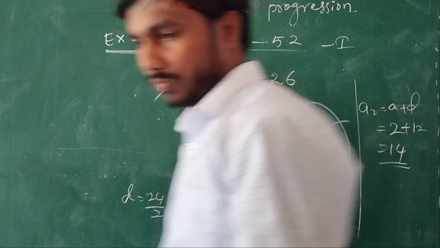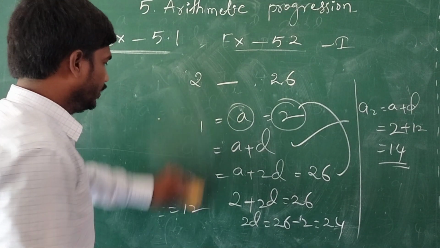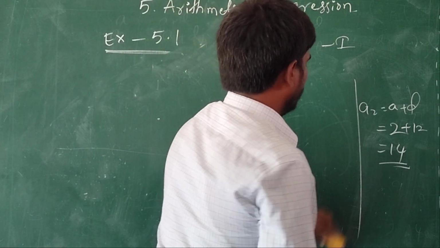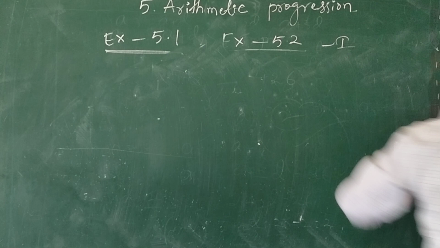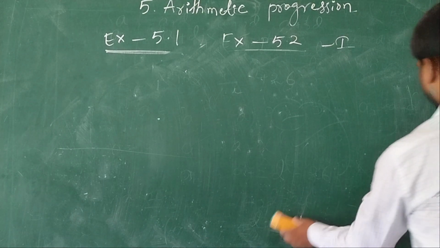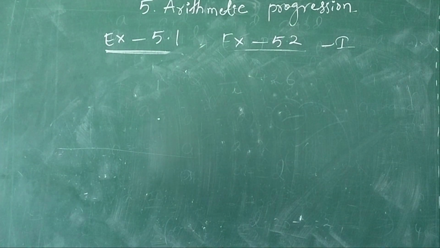Next, the third bit. The remaining problems are also the same model. With the help of the given numbers, find out the missing numbers. See, in the third bit some other problems have more than 2-3 terms missing, more than 2-3 terms not given. So find out all the terms, whatever terms are not given.